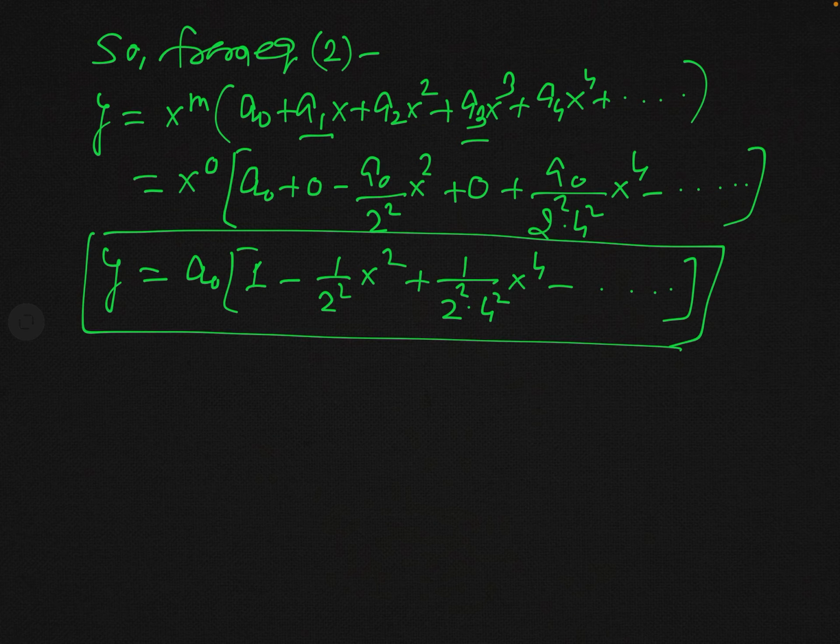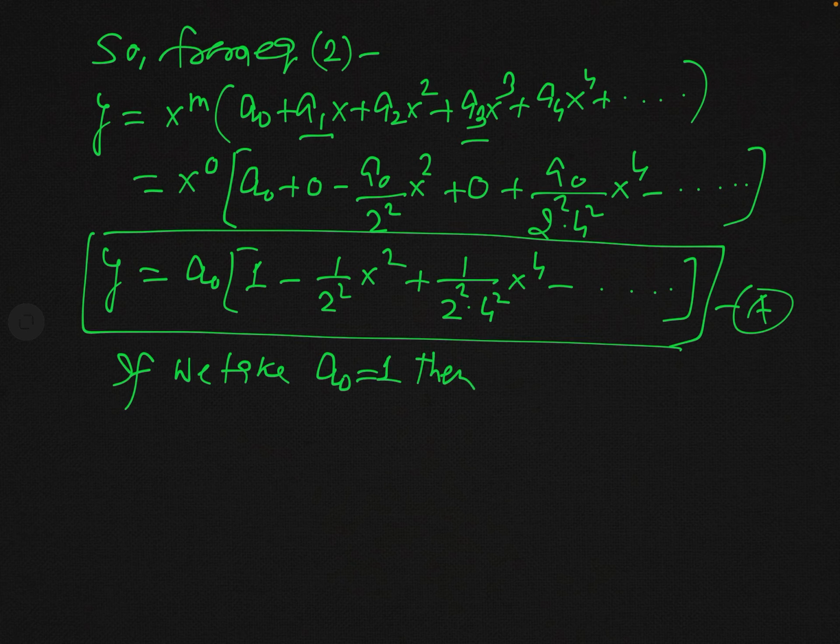In fact, when we take a convenient value of A naught which is actually equal to 1, then this solution of Bessel equation is known as a Bessel function of zeroth order. So, if we take A naught equal to 1,